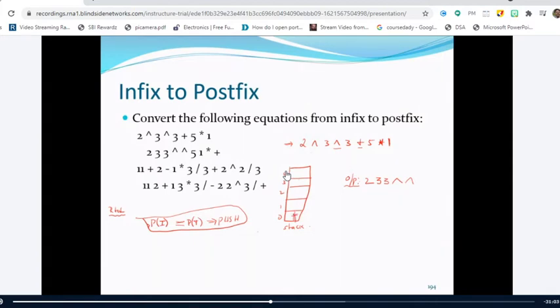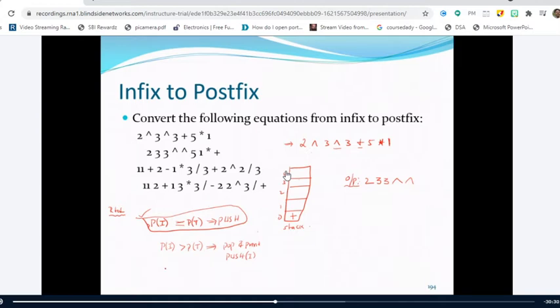Is it clear? Yes, sir. So the only difference you have found between the left to right and right to left associative operators is this condition should be matched. So if the priority of incoming operator is greater than the priority of the top symbol, what is it that you have to do? Pop and print, and then you have to perform another sequential operation, which is push of incoming.